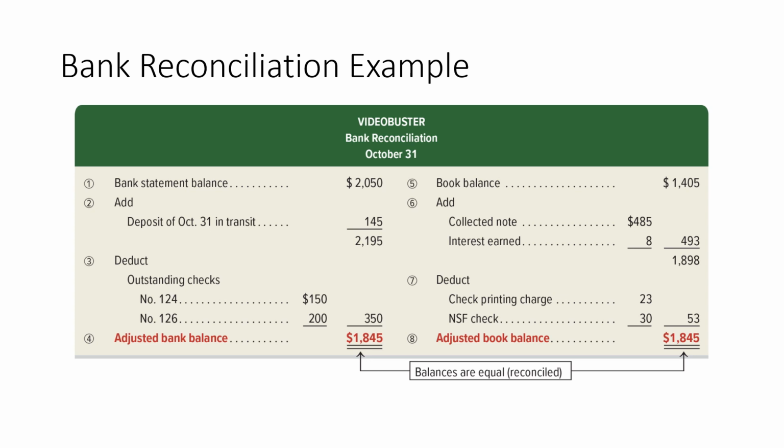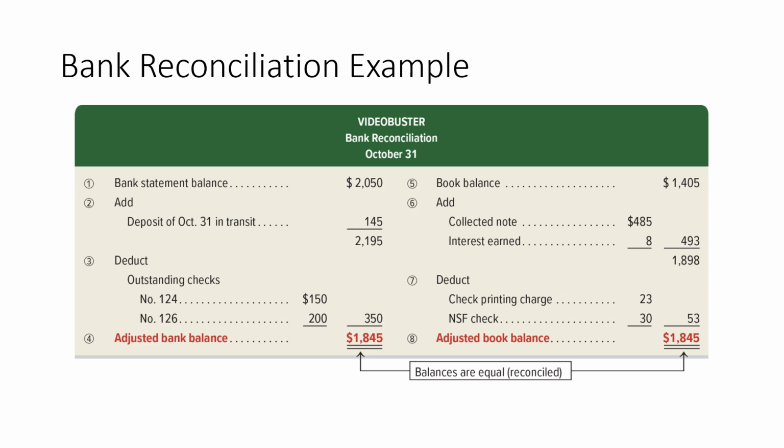So notice I mentioned on the left-hand column, you start with the bank statement balance. You add in any deposits in transit. You subtract out any outstanding checks, and that's going to give you the adjusted bank balance. So then on the right-hand column, you start with your ending book balance. So at the end of the month, this one is October 31st, whatever on the books you have recorded as the ending balance,